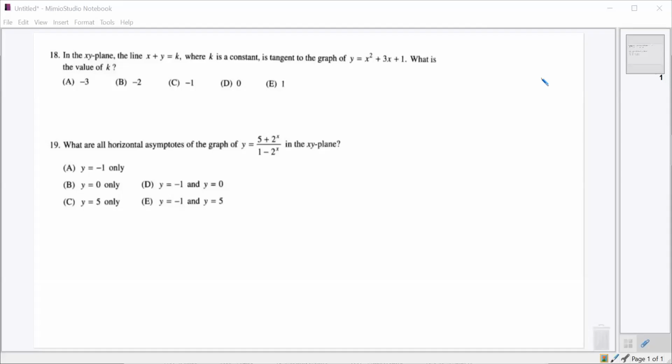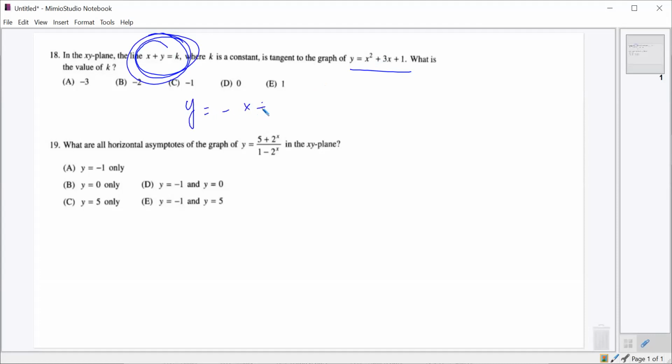All right, number 18. We have, in the xy plane, x plus y equals k, where k is a constant, and it's tangent to the graph of y equals x squared plus 3x plus 1. And we want to know what the value of k is. So first off, this line is the tangent line to this graph, which means that the slope of this line,